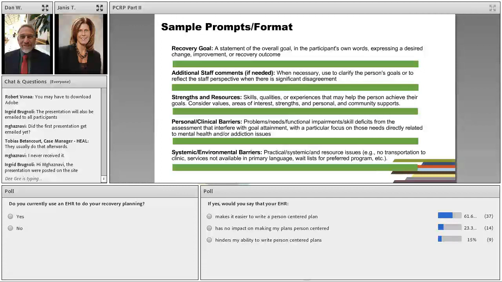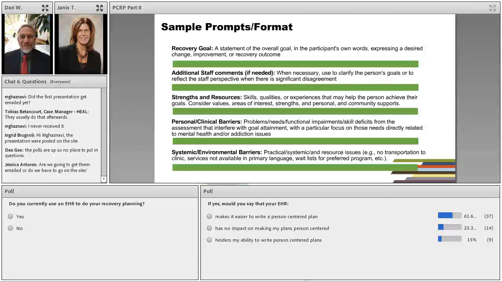Okay. So now I'd just like to show you some samples, given everything we talked about, where we came out on some of these items and what they can actually look like in the electronic health record. So it flows in the order that you're going to see it. And I want you to pay attention to a couple things. I'll point out where we use drop downs versus full text fields.